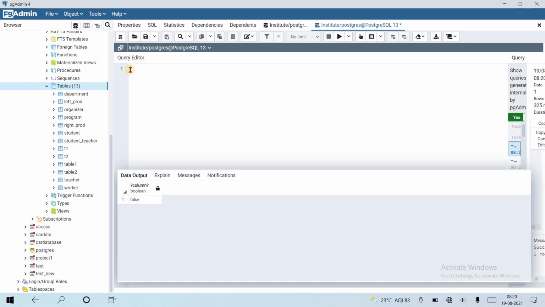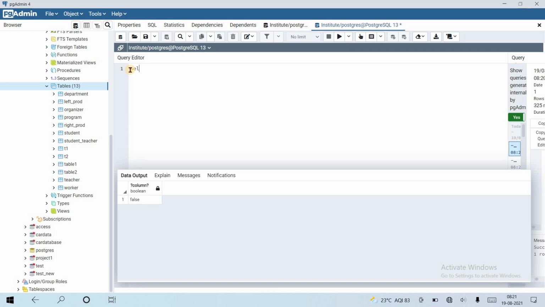The second is the ALL operator. The syntax is expression operator ALL and any other expressions. Okay, let's see it directly with the help of an example so we can understand.